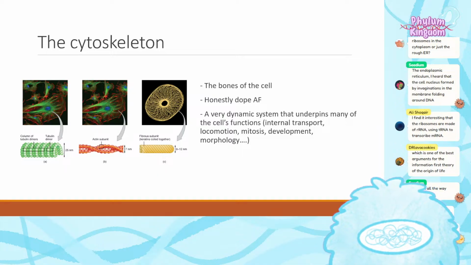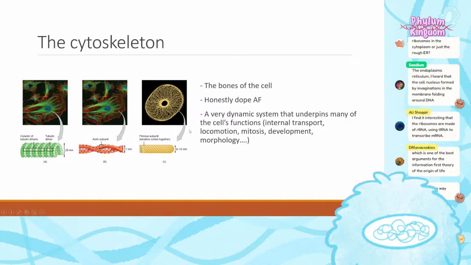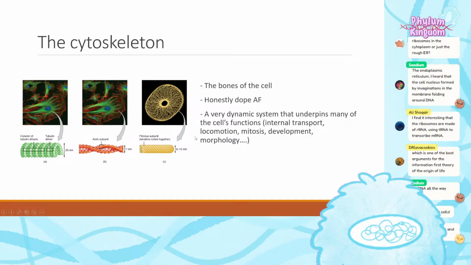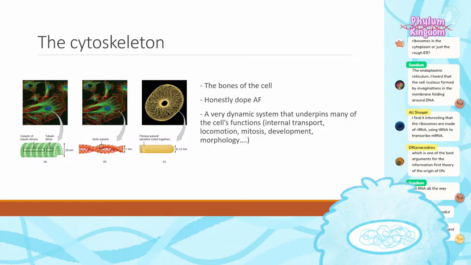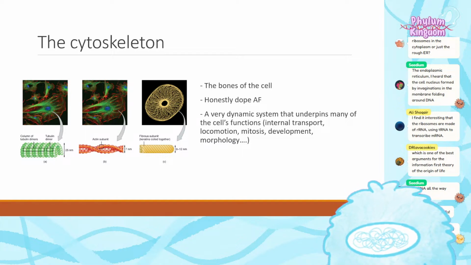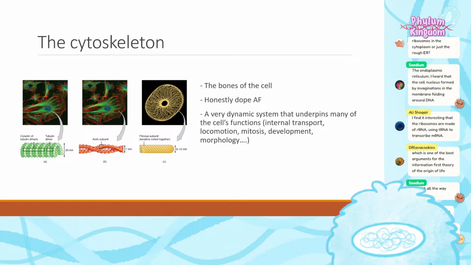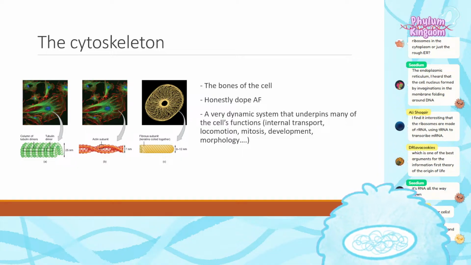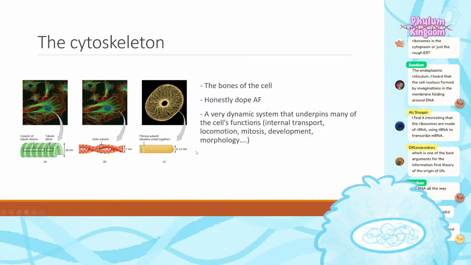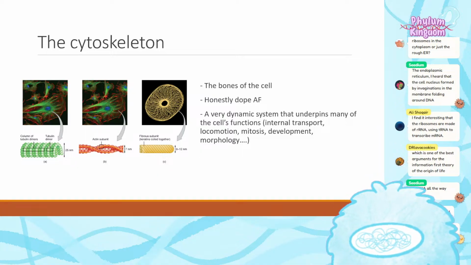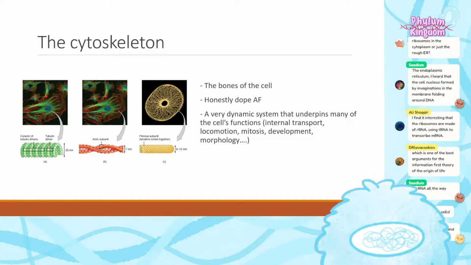The gray, the grayer, and the grayest. Okay, if you're a budding biologist out there, use blue and orange and magenta, I think. There are colorblind friendly color schemes out there that people have just been very stubborn to adapt. Yeah, and the cytoskeleton, it underpins a lot of what the cell does too, which I think is really, really fun.